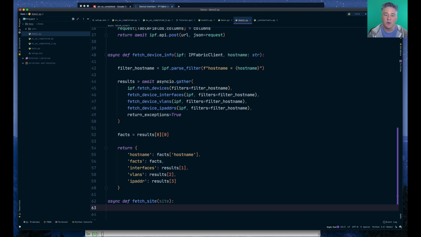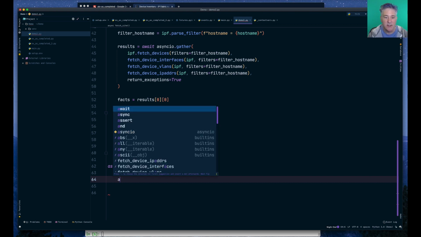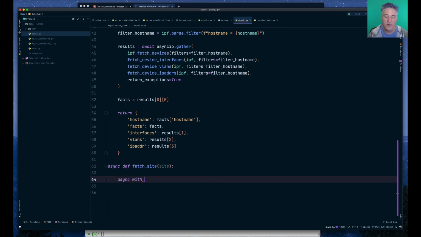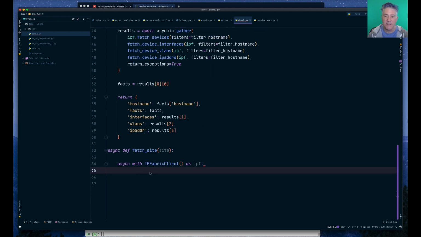And what we know we want to do is we want to call fetch device info a number of times. So what I'm going to do is first create the instance for our IP Fabric connection. Like I did before, I could create the instance, log in and log out, but I'm going to use what's called a context manager in this case. So we can say async with IP Fabric client as IPF, and what that does is anything now inside of this